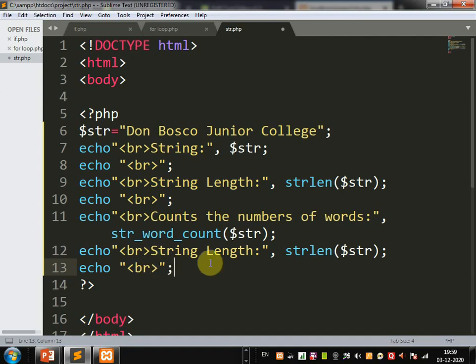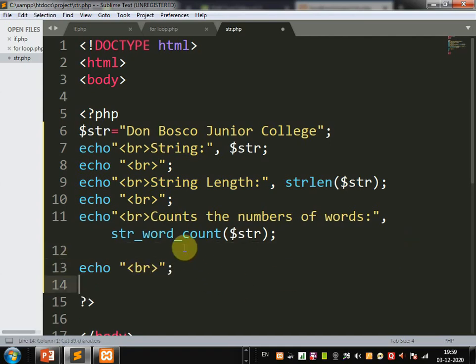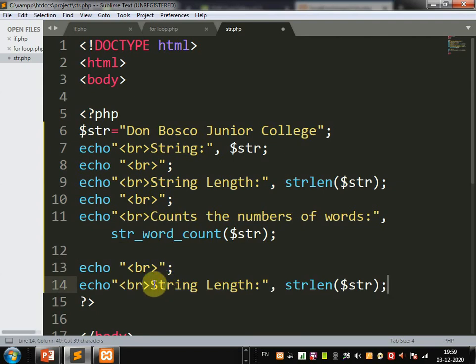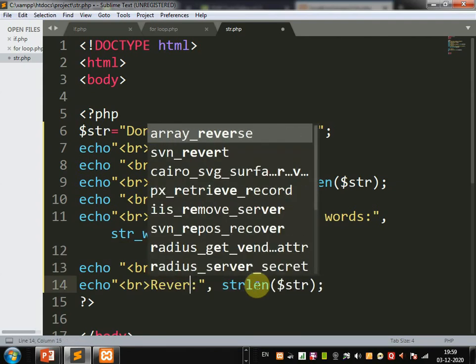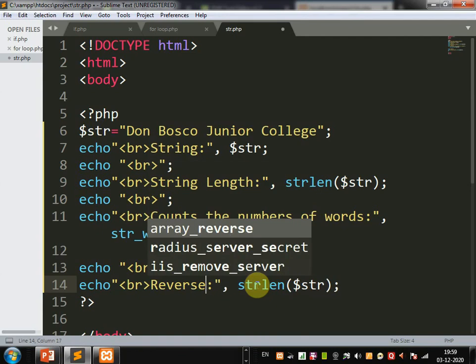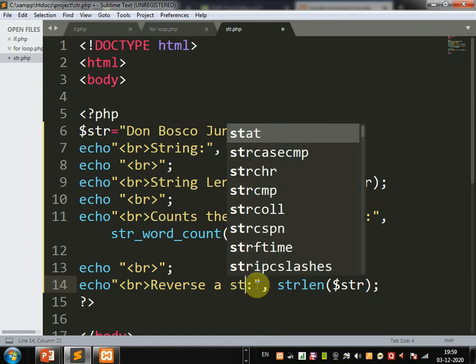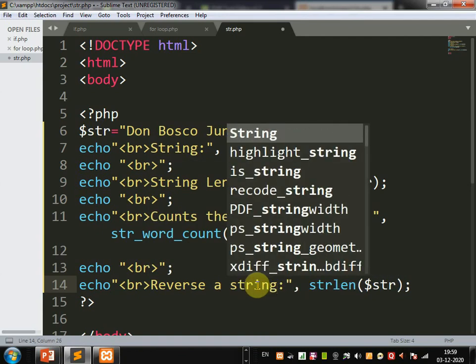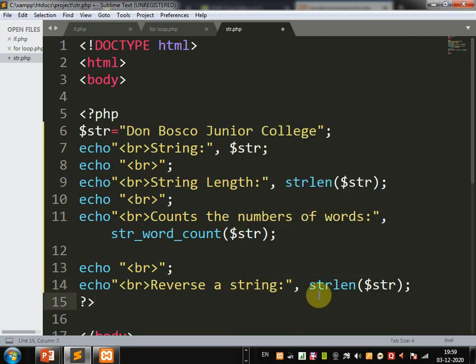Now we are going to use reverse a string. Which function?